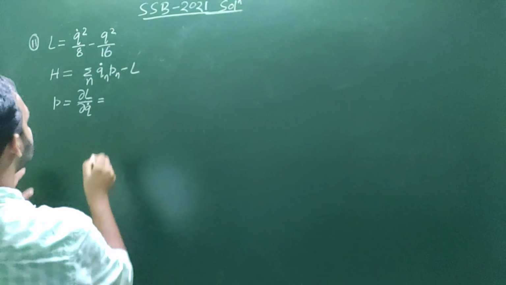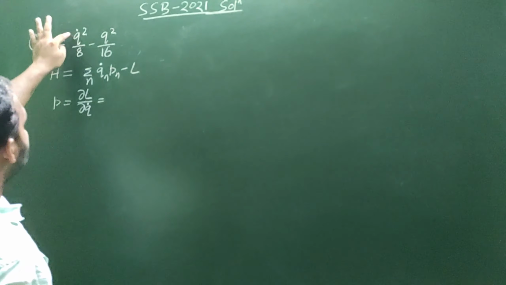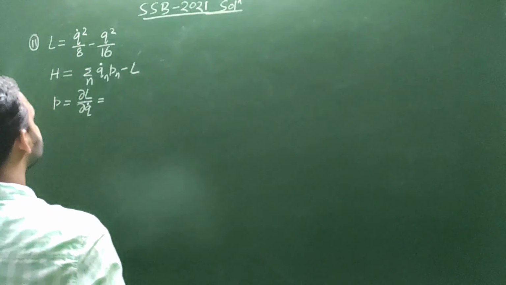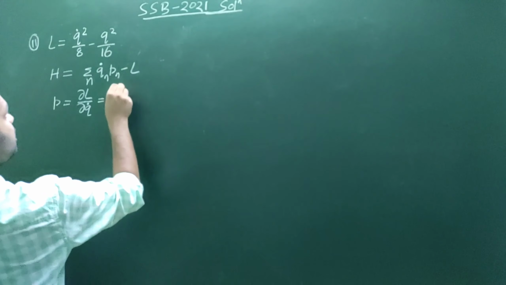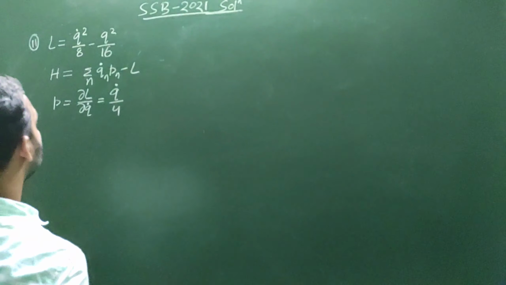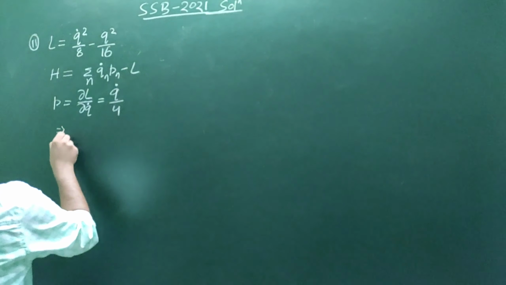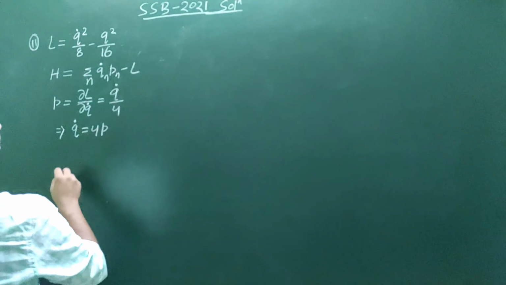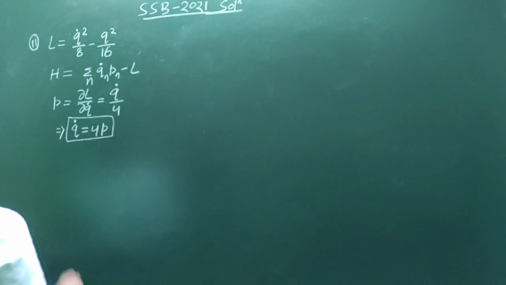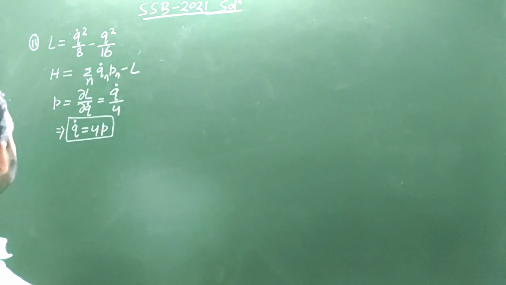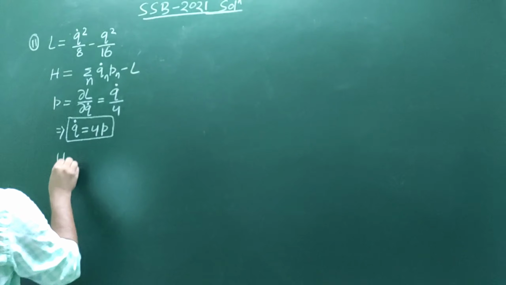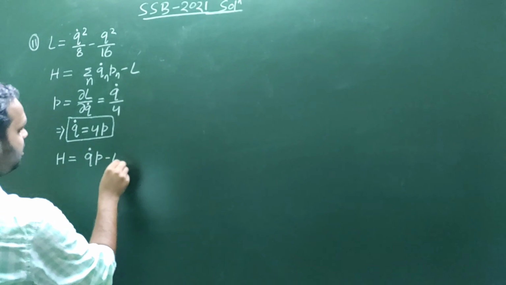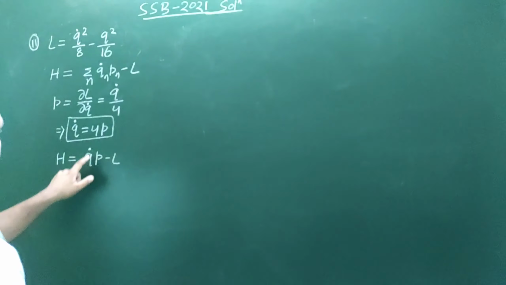If you differentiate the Lagrangian with respect to q dot, you will get 2 into q dot by 8, and the other term will give you 0. So finally you will get q dot divided by 4. And if you write q dot in terms of P, then q dot is equal to 4P. Remember this one, because we have to convert q dot into P. Now write down the Hamiltonian. We can write H is equal to q dot into P minus L, and q dot you know is 4P,